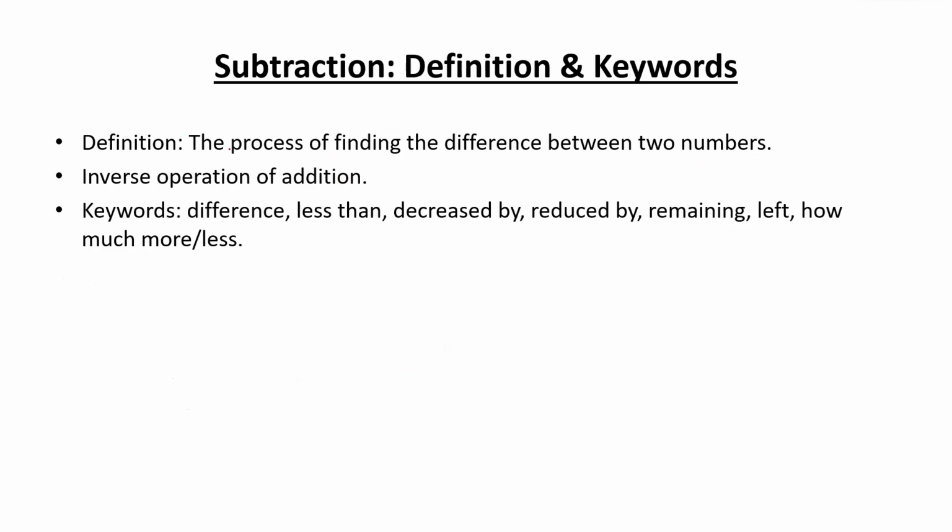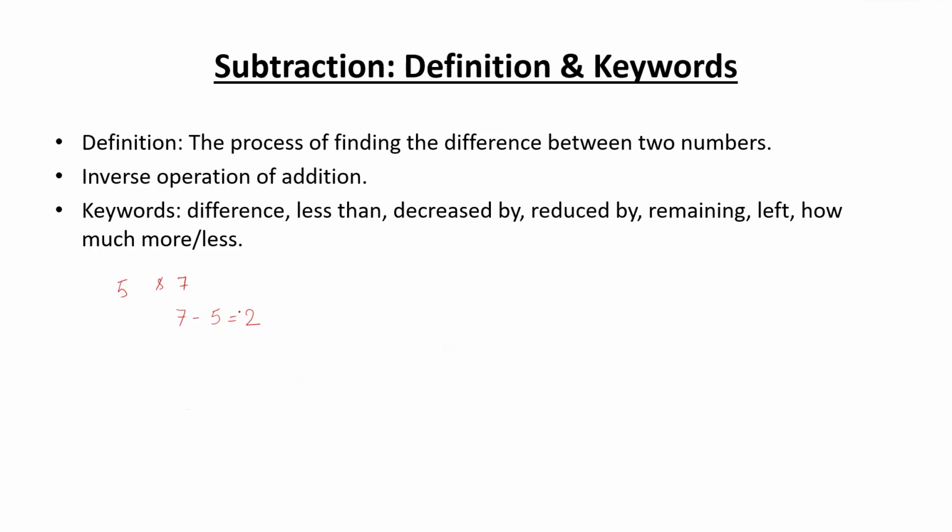According to the definition, again, for subtraction, you need two numbers. Let's start with two numbers. Let me take 5 and 7. If somebody asks you what is the difference between 5 and 7, what will you do? What is the difference between 5 and 7? You can guess it is 2. How will you get this 2? So 7 minus 5 you do and that is equal to 2. So the difference between 7 and 5 is 2.